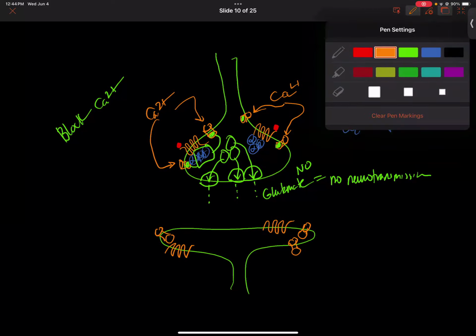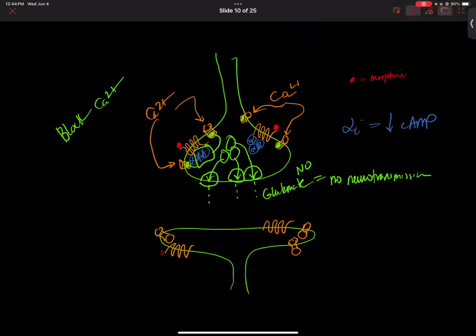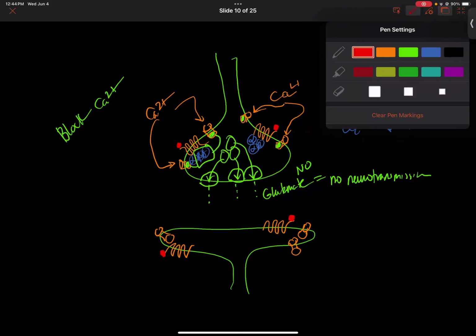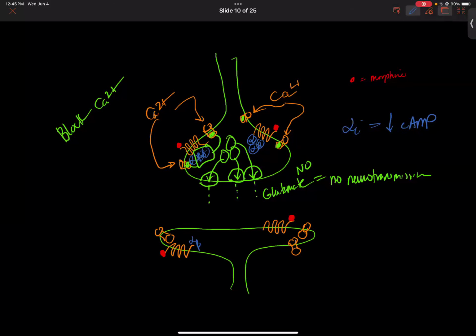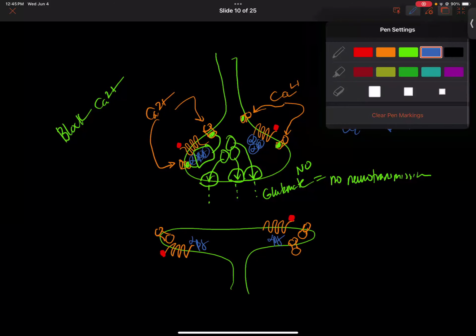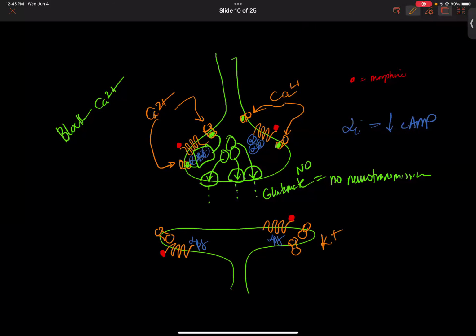What if we have postsynaptic opioid receptors that bind morphine? Still going to have your alpha, beta, gamma, but this time around, maybe we have potassium